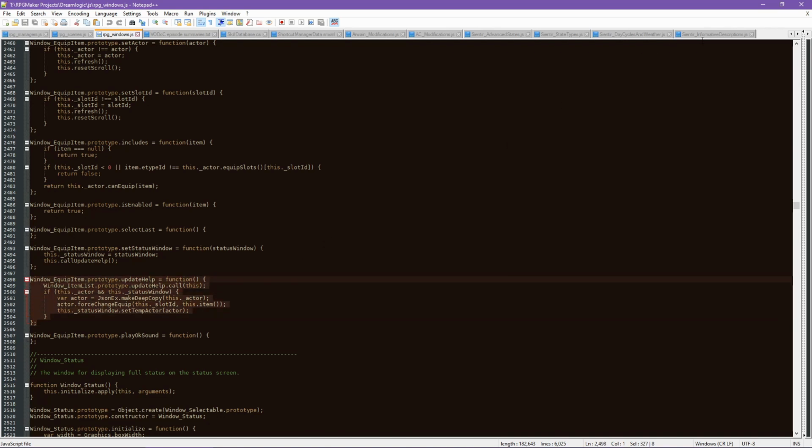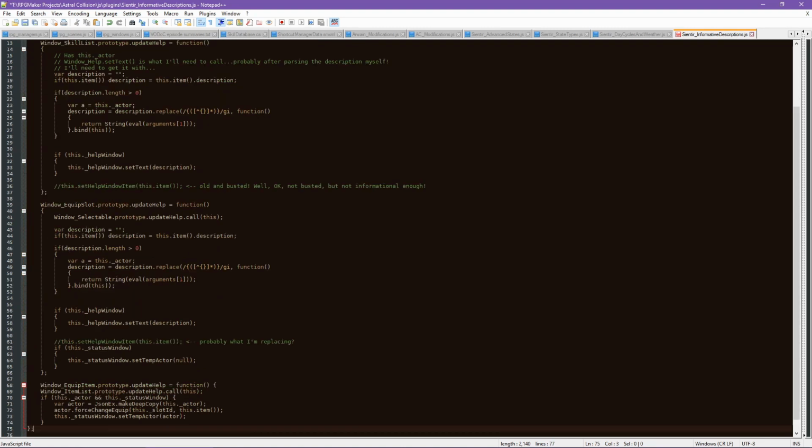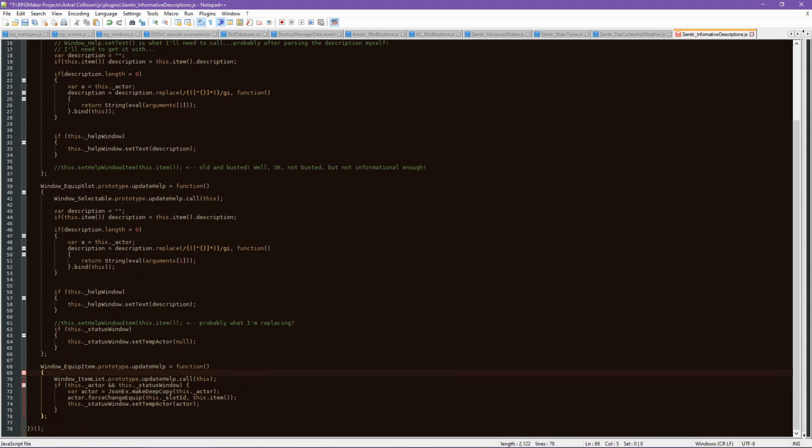So let's go ahead and grab this and come over here. It's good that I found this particular issue. I also don't like doing this. I like to have my curly braces on the same line because I find it easier to figure out what's going on. Okay, so if this actor and this status window... oh, I see. They make a change to the actor...